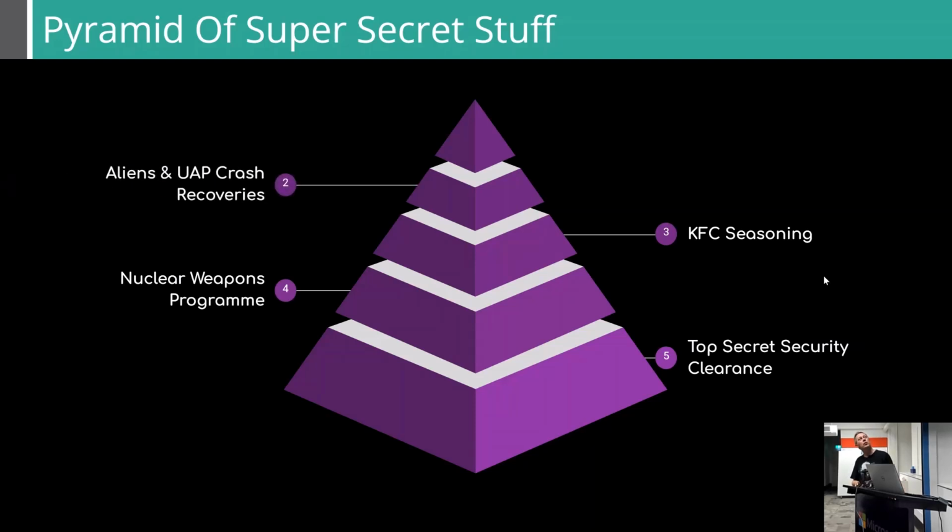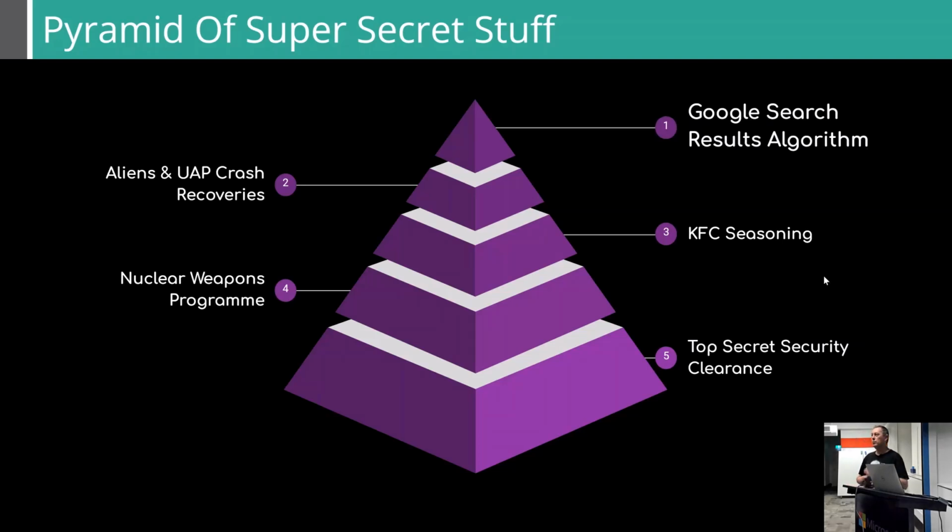Then number 2, Coca-Cola's recovery formula. I don't want you to know that it's been covered up for 80 years, but it's coming slowly. And right at the top is the Google search results algorithm. So it's super, super secret. Don't worry about trying to break it. Just adhere to some of these efforts in here. So that was a bit tongue-in-cheek.